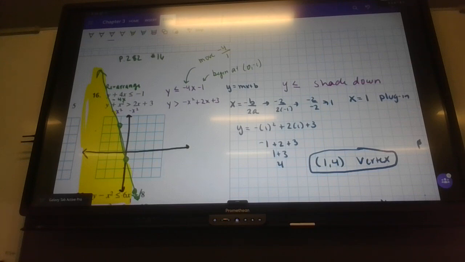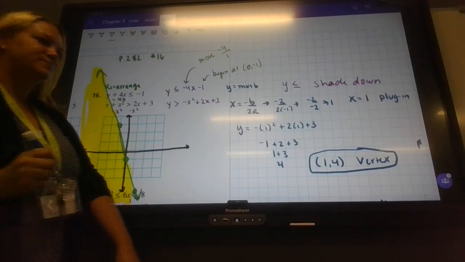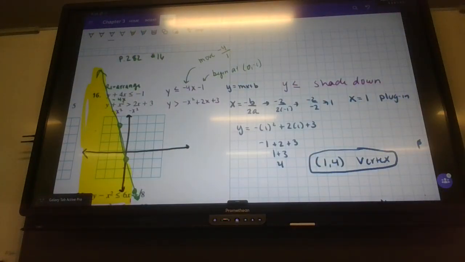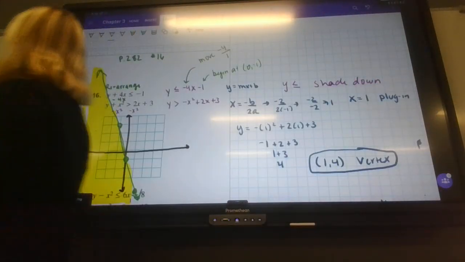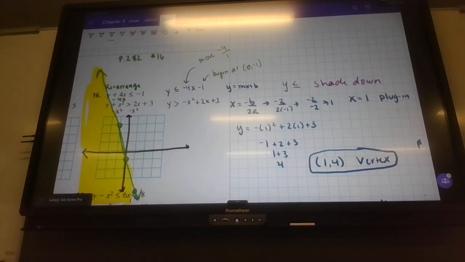All right, this we gotta be real careful about. We got to be careful about this. This would be -1 times x squared. So this is like -1 times 1 squared. You do the exponent first. -1 times 1 is -1. So when the negative is outside the x,